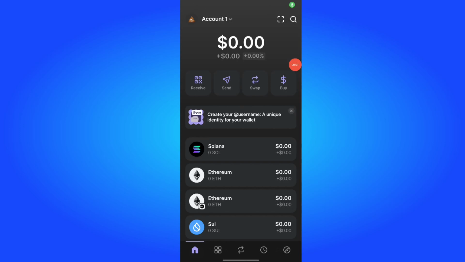In this tutorial, I'll show you how to withdraw your funds from Phantom Wallet and convert them into real money. Whether you want to cash out to your bank, PayPal, or another crypto exchange, I'll break it down step by step. First, before withdrawing, it's best to convert your crypto into a stablecoin like USDT or USDC